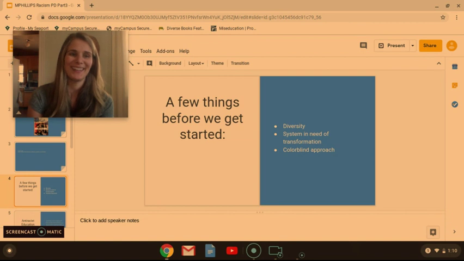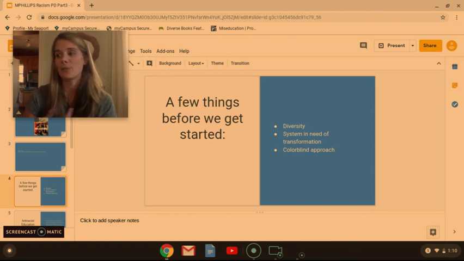And a few more things before we get started. It's important to note that our schools are more diverse than almost ever before, and our numbers are just going to continue to increase with our diversity. And we need to note that the verbal, written, and physical incidences that are occurring that are motivated by racism, unless we do something, that's going to continue to rise as well.